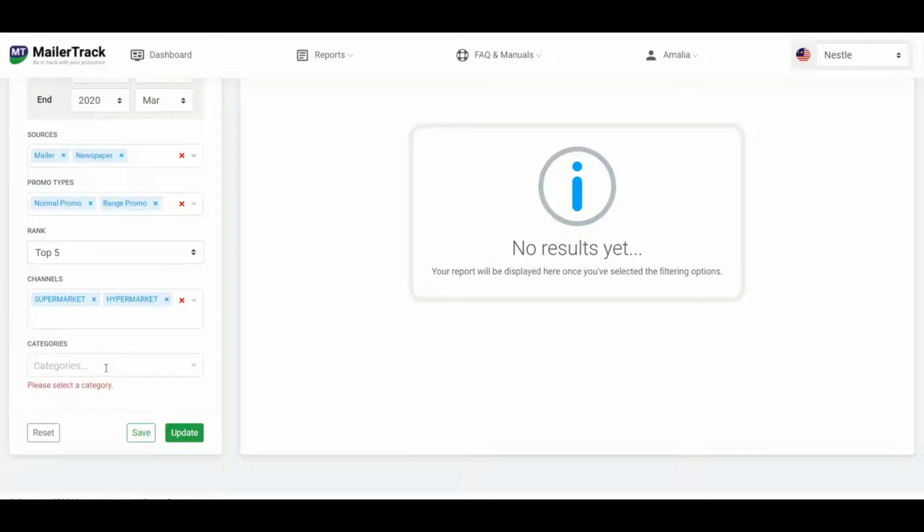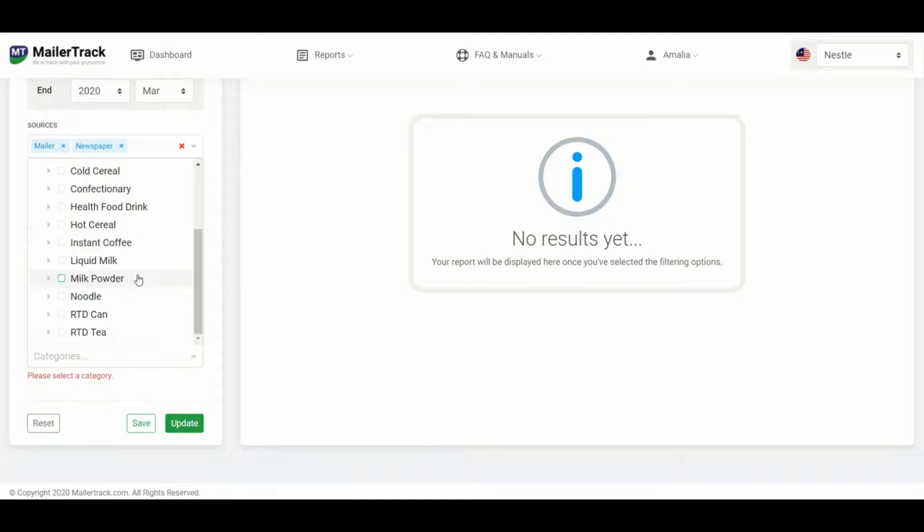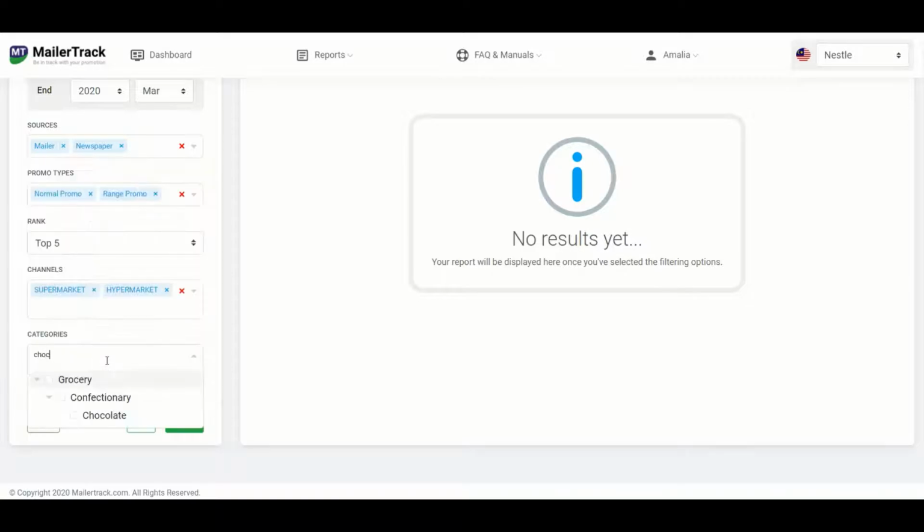And lastly, for the categories. Under the categories, the first thing you'll see is the department you're subscribed to. And if you click on the drop-down, it will list out all the categories you're subscribed to within that department, as seen here. So you can choose to scroll down over all these selections to look for the category you'd like to generate. Or if you already know what you would like to see, you can also type in the category here